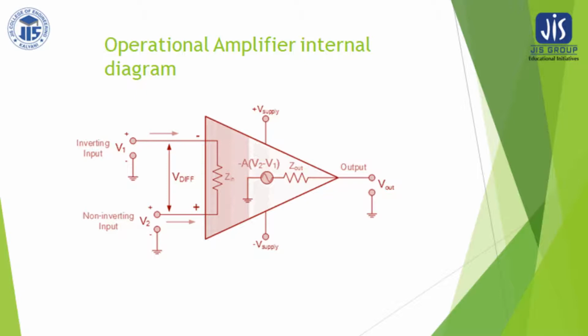The internal equivalent circuit of the op-amp could be as follows. So this is the internal equivalent circuit of the op-amp, in which Ri is the high input impedance, and this is AOL times VD, a dependent voltage source, where VD stands for the difference between the two input voltages. That means this difference voltage is VD.